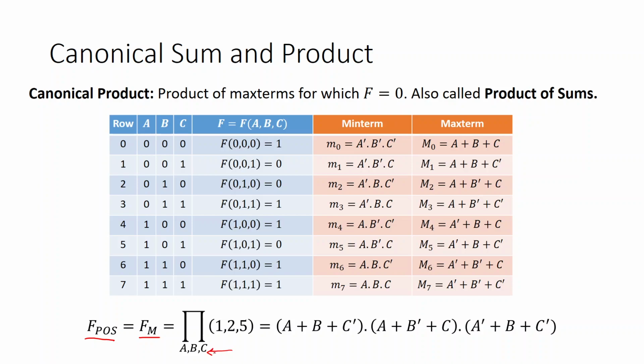Here you can understand how many input variables there are. Here, the numbers given are those for which the output is 0. Remember, we are not giving the numbers for which the output is 1, that is for the min term expression. So when we have a summation expression, we write down the numbers for which the corresponding output is 1. Now when we have a pi expression, a product expression, we write down those numbers within this bracket, the numbers for which the output is 0.